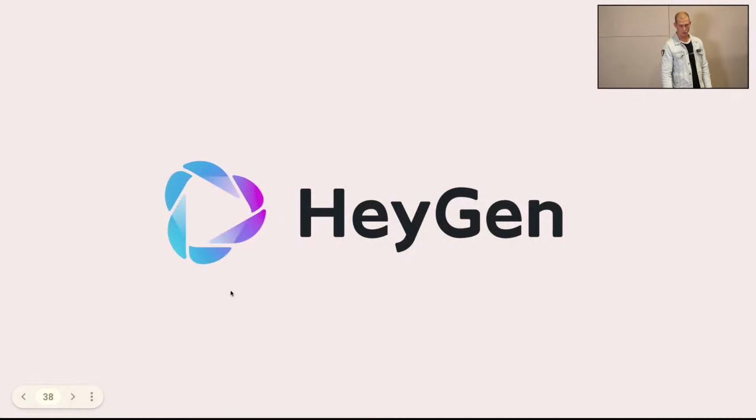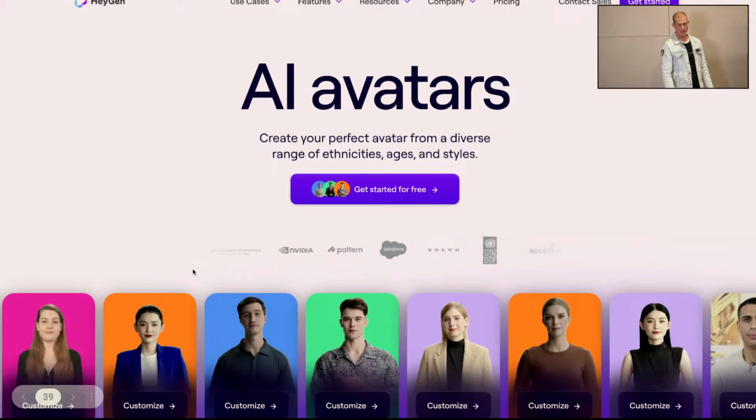is called HeyGen. So HeyGen allows you to create AI avatars, and you can either make a clone of yourself or use some of those that they have already on their website. So the way I created mine was I had to talk to the camera for 3 minutes, like flat out, just so I could pick up on my voice, on my movements. I was moving my hands as well, as you could see.